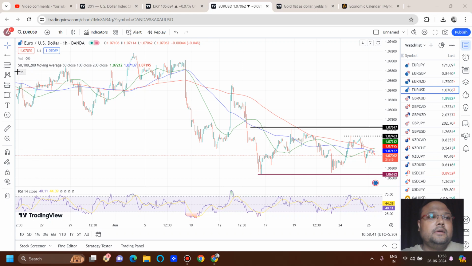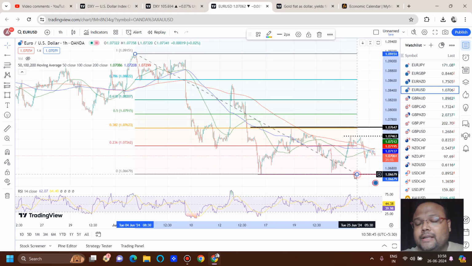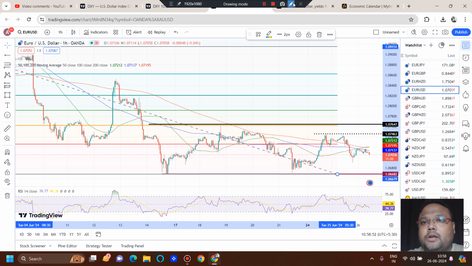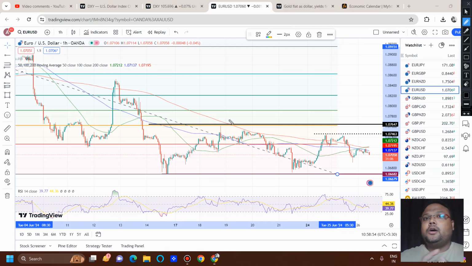This is the level. Personally, I will not be looking for the breakout trade, but if I get a chance, then I will be looking for a sell around 1.0760, this area here, because already we can see the market is not very trending right now. So if market reverses, we will be looking for a sell around the previous resistance as well as FIBO 38.2%